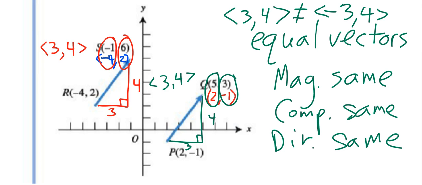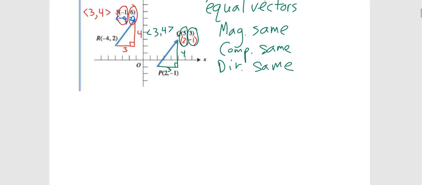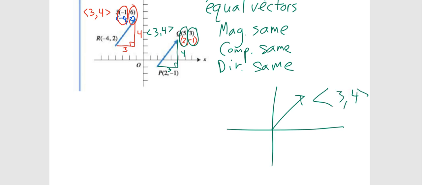Yes. And the one where (3, 4) is not equal to (-3, 4). How is the direction different? Isn't it pointing the same way? Okay. So good question. So (3, 4) is over here. All right, that's (3, 4). (-3, 4) is over here. So even though they share some common pieces, and they definitely share the same magnitude, they are not equal at all.